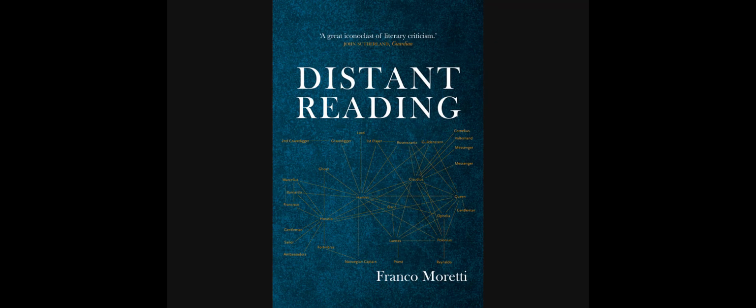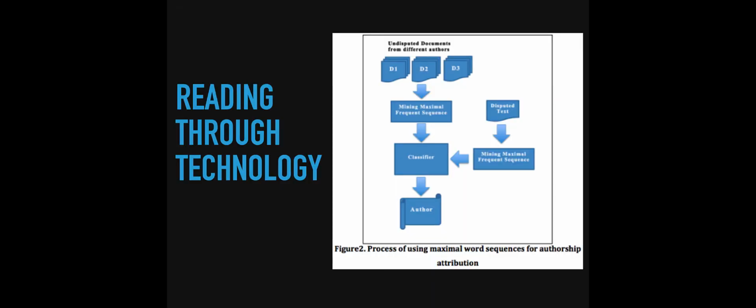So this term distant reading comes from a literary scholar from Stanford named Franco Moretti. So it's basically, again, to look at the larger categories at play. And when I'm saying distant reading in digital humanities, it's oftentimes we're reading through technology. So it's either we're looking at classifiers, we're looking at frequency, we're looking at co-occurrence, but it's using computers somehow